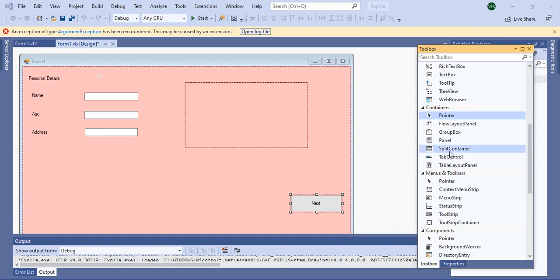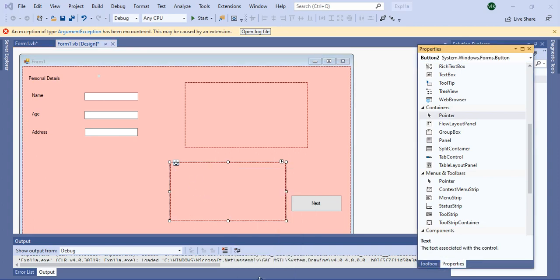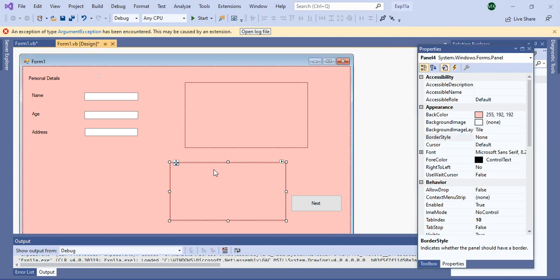After that, we will create one more panel. Again, you have to take a panel from the toolbox. On the second panel, you can take any tools from the toolbox. I have taken one list box to display the colleges. So on this second panel, you can see its properties. Actually, I have created this as the fourth panel, but your panel will be the second panel. So in this panel, you will create one list box or any other tools you can take.